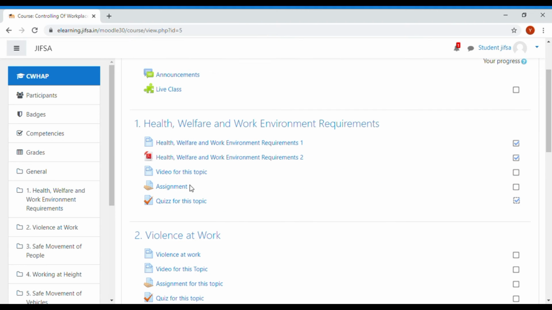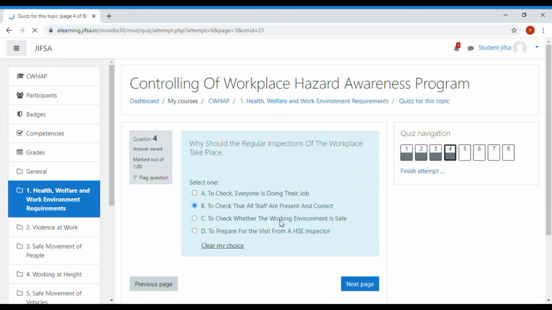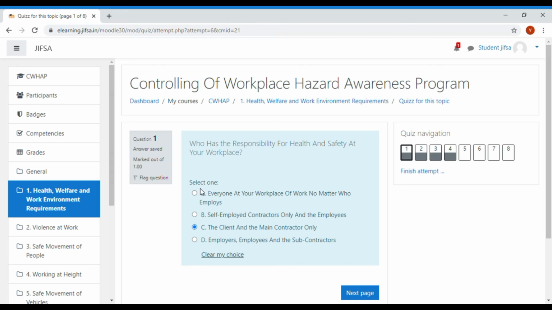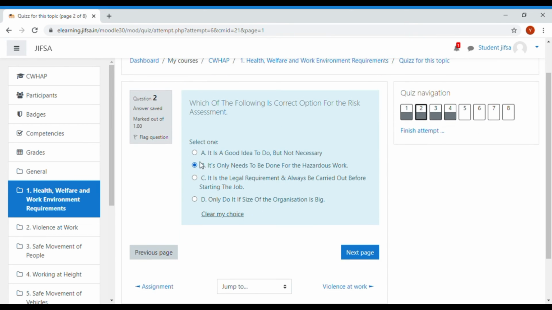After that assignment, you have a quiz for this topic. You can attempt the quiz. You can see all these are the questions. The quiz is in the form of multiple choice questions. You have to click next, and next, and next.